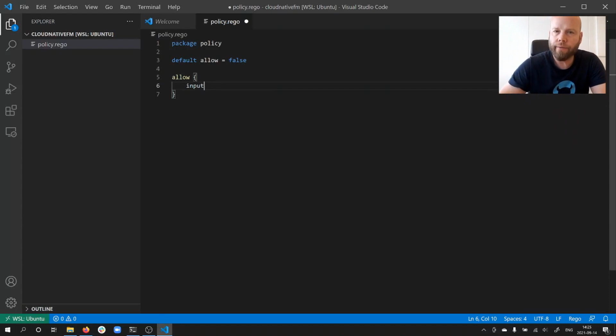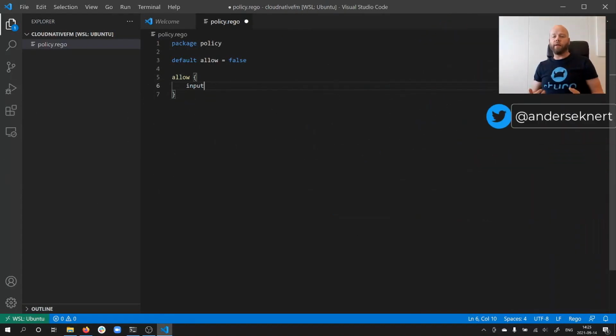So in a microservice case, we might have something like roles. Every user has a role, and if we provide these roles as part of the query, we can iterate over the roles, and if a certain role is there, we might allow the request. So if we say something like this, input user roles,